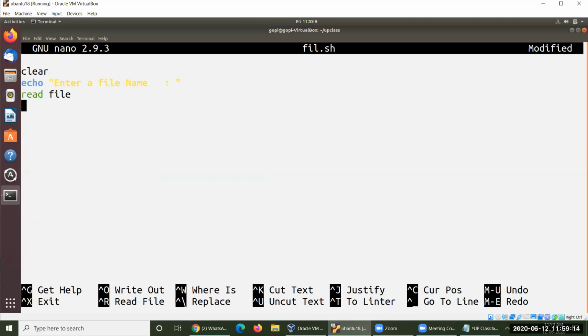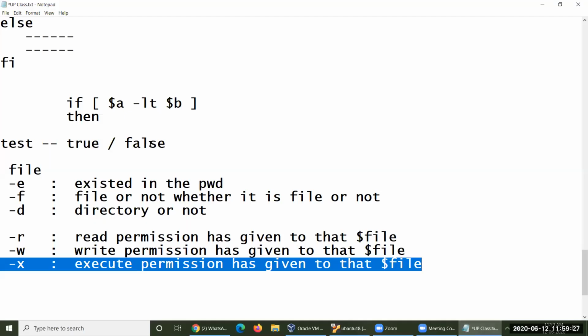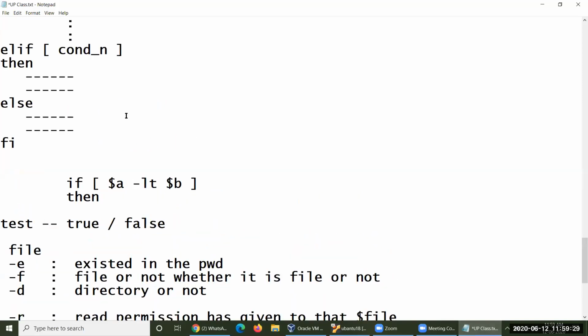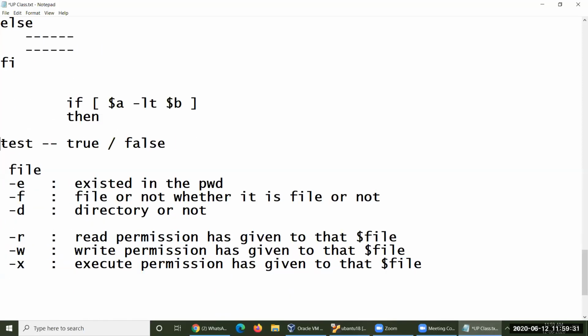Let me check whether this file exists within the present working directory or not. So how could it be checked here? Let me go to the explanation part here, notepad. While you are operating this particular test operation, there is no need to give the open and closed braces. Open and closed braces are not required.